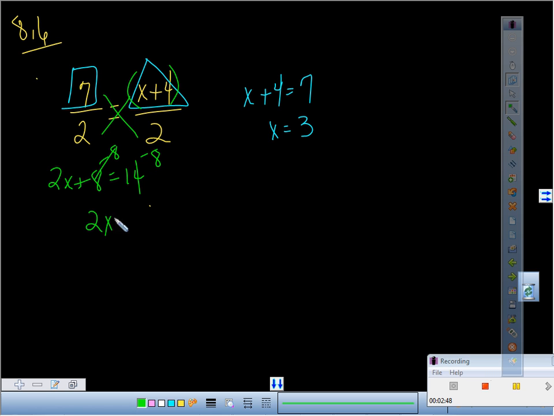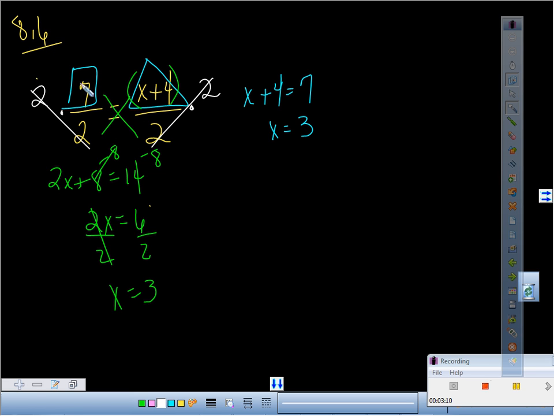So 2x is equal to 6, divided by 2. Do I get the same answer? Yeah, you do. Now, what if somebody else looked over there and they said, hey, I'm going to multiply both sides by 2 and make what happen? That's right, that's what Jody said. And what's going to happen on this thing? It's going to cancel out the 2's, and what are you left with? 7 equals x plus 4. So look, there's a lot of different ways to work some of these problems, okay? But now listen, this is the difference between this